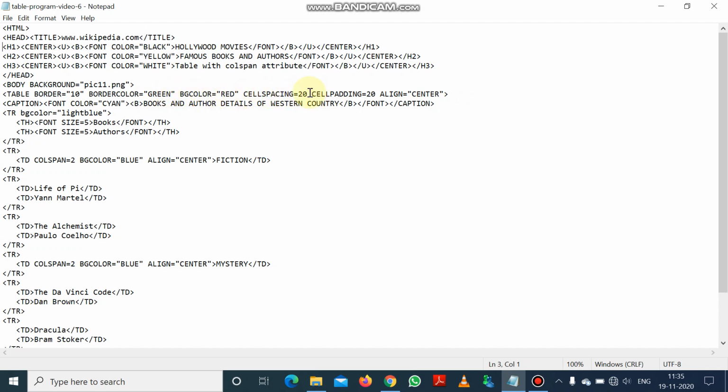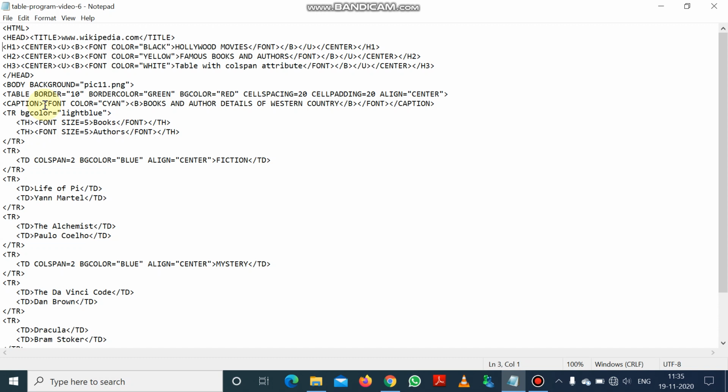Cellspacing 20 means the distance between two cells within the table will be 20 pixel units. Cellpadding is 20 pixel units, and align equal to center means the table will be reflected at the center of the web page. Then we are starting the caption tag. You know the caption tag is given for giving the name of the table.